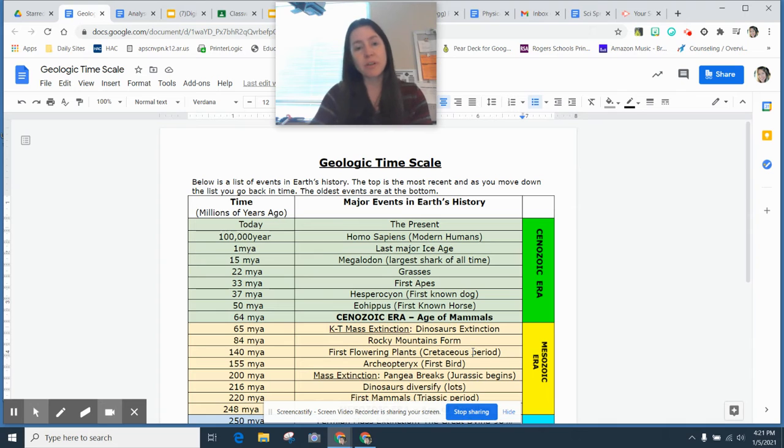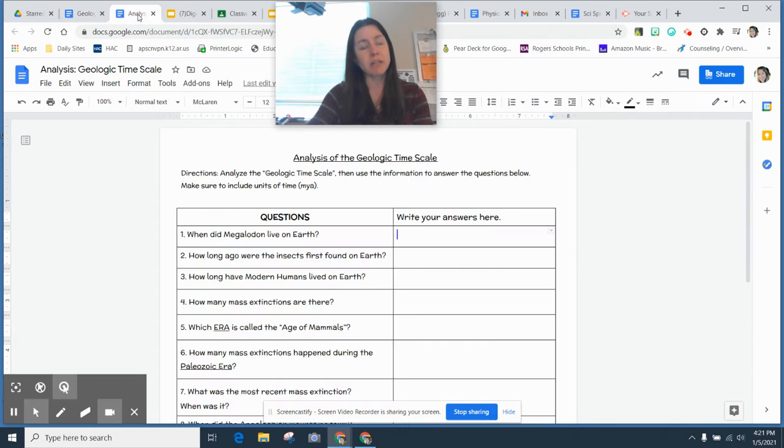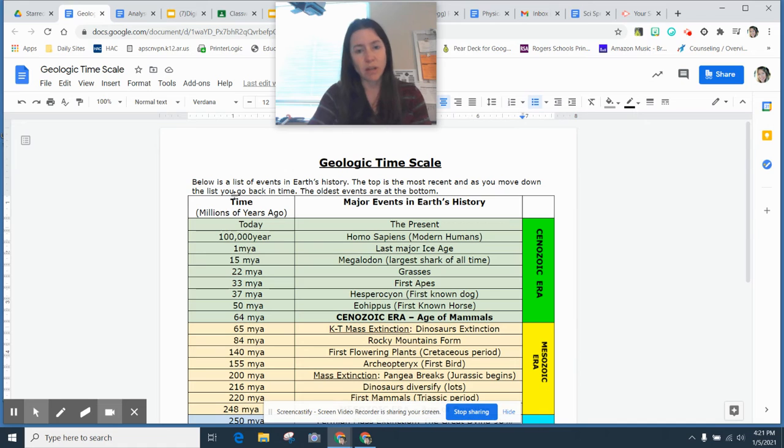All right, so now you're going to use this time scale to answer the questions on the assignment. So let's do number 1 together. 1, when did Megalodon live on Earth? So I come look, and I find Megalodon. It's actually pretty recent. Megalodon is the largest shark of all time, and it lived on Earth 15 million years